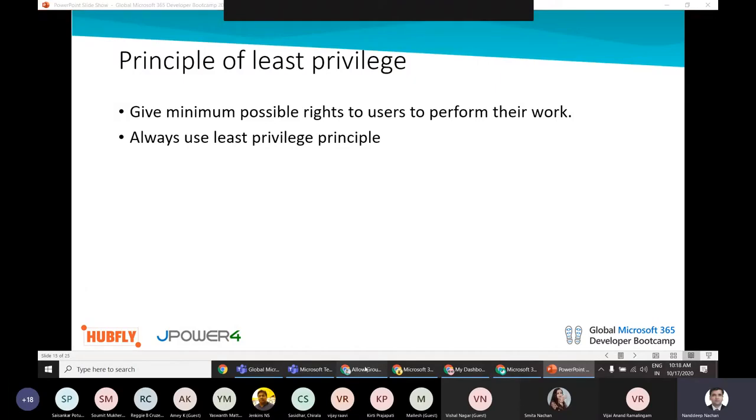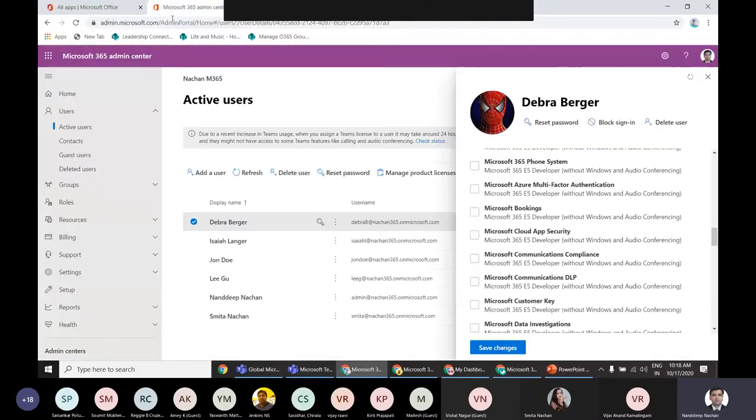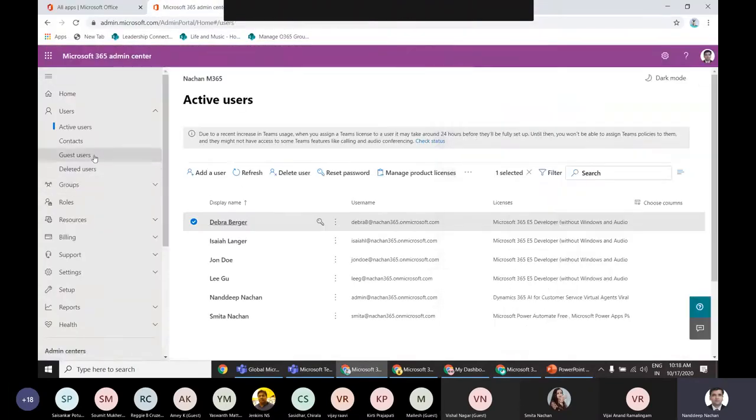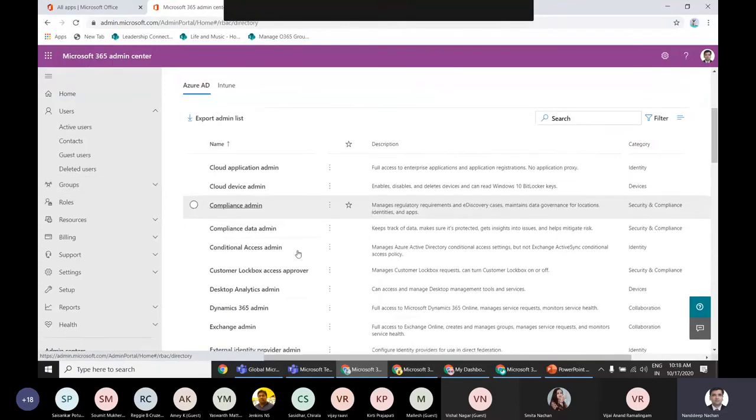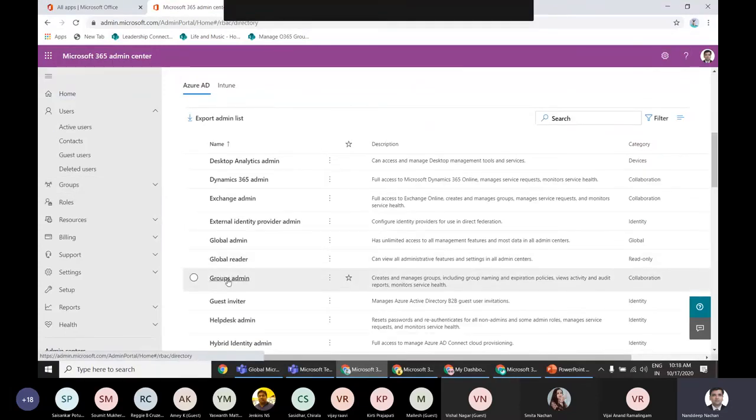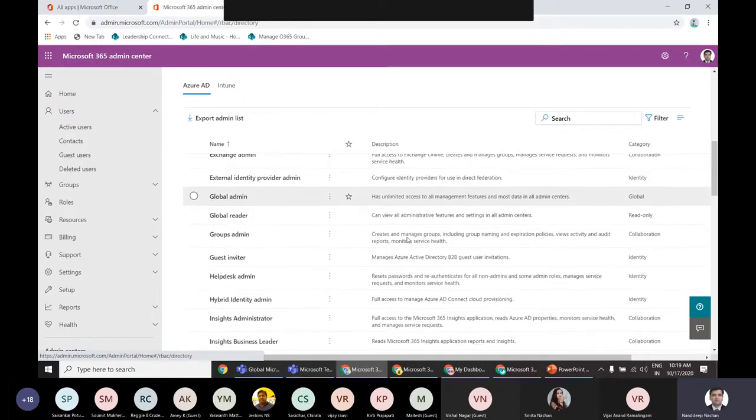So for example, if I go back to our admin center here, we have various roles defined. We have global administrator, which is here. The global administrator can manage your entire tenant, and he will have kind of unlimited access to all the features, apps and services inside your Office 365 and the admin centers.